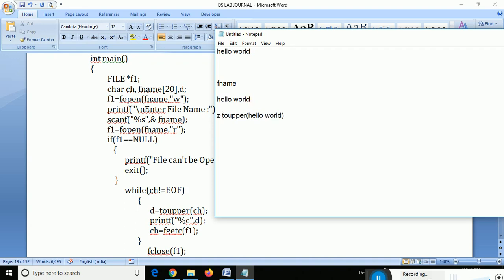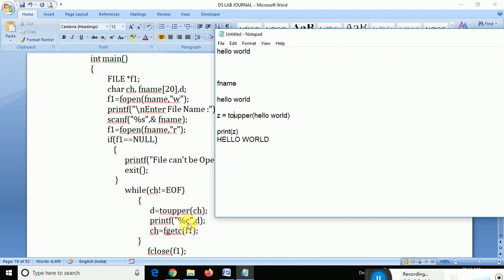If I write z equals this and try to print z, it will print HELLO WORLD. Understood? So toupper, whatever small characters are there, will convert them into uppercase.